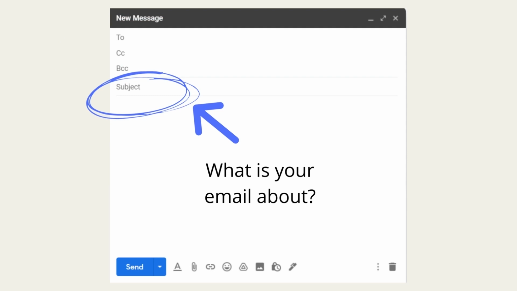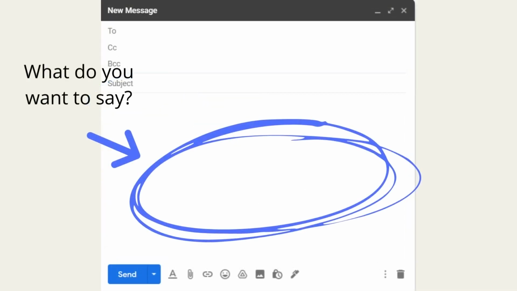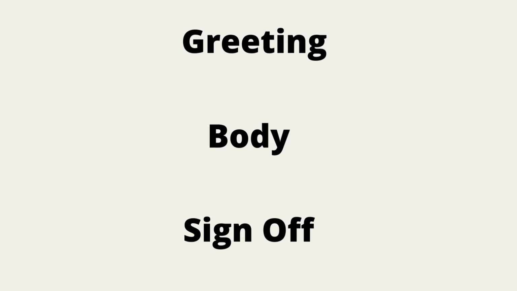Once you've decided who to send it to and how you want them to receive it, you would then need to come up with a subject. This should give a very short and quick explanation of what your email is about. For example, if I had a reminder to send to my class for the next day, my subject would be something like, "Reminder, bring book for English class tomorrow." This now brings us to the actual body of the email itself, which has three parts: your greeting, the body,